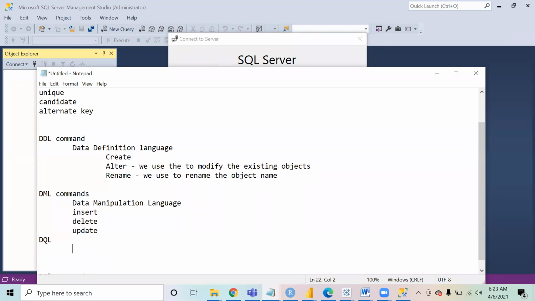Then what we have is DQL, that is data query language. Data query language is something that we use when you have to fetch the data from the database. So data that is already stored, now you want to see it, to see what kind of data you have in that table. For that, we only have one command, and that is select.